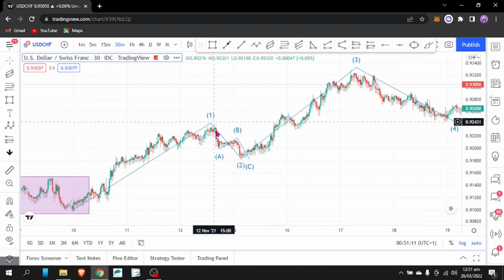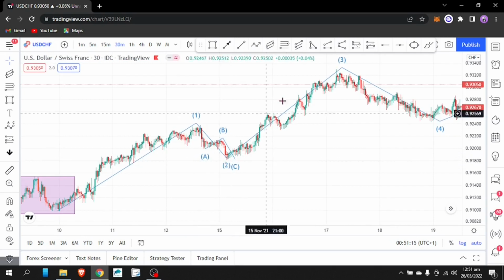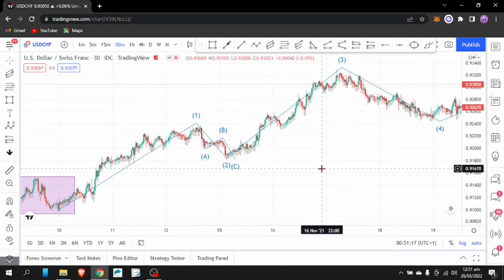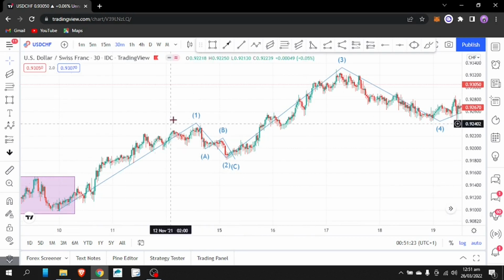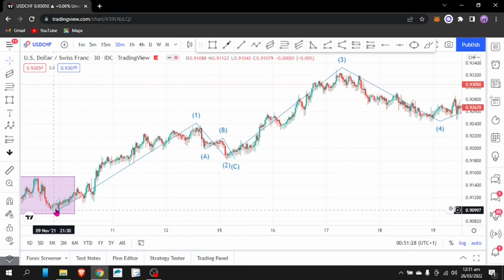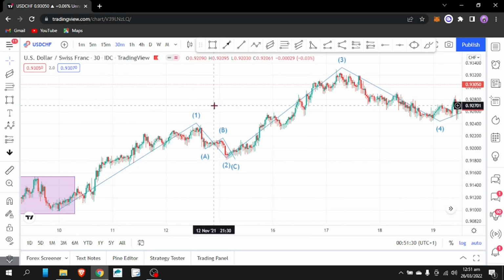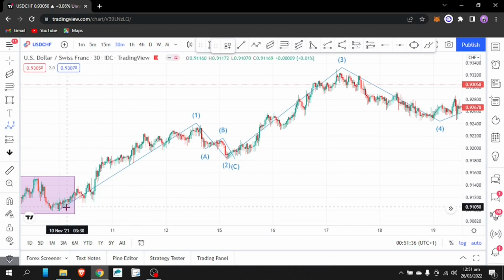Then we have our pullback A, B and C, and then we'll have another push to the upside. Take note of this. From this level to this level, which is our first wave, you can also find another 5-wave move within this first wave. Now if I should use my 5-wave tool again, and I try to look for my 5-wave Elliott wave pattern